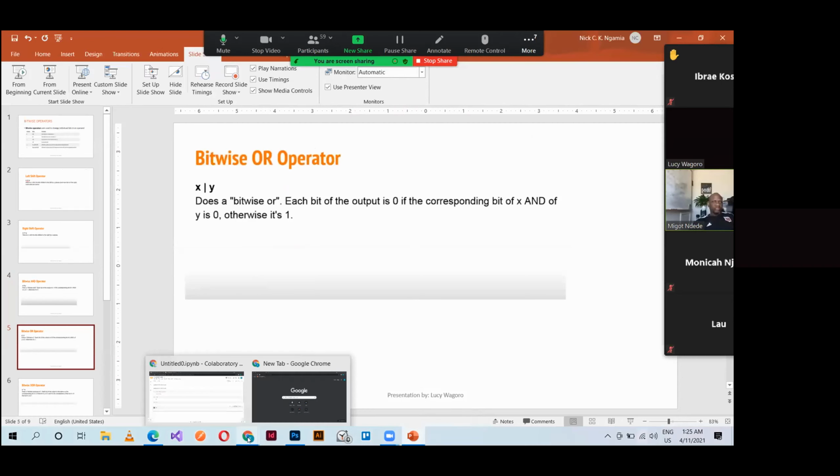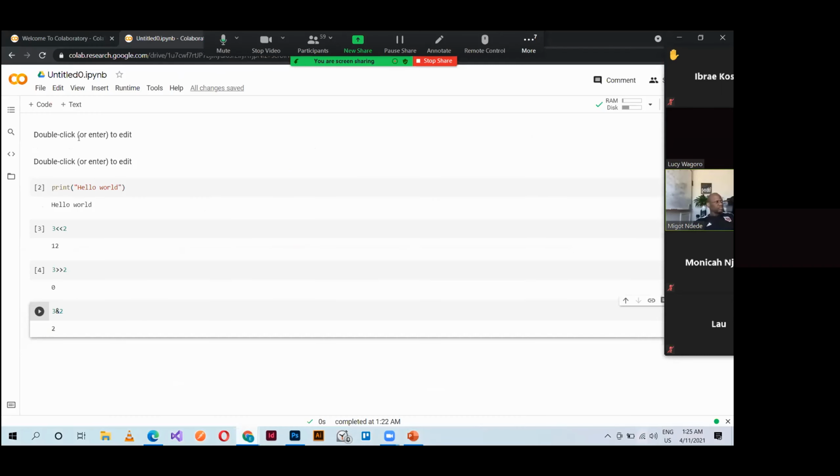Proving that on our Python, let me use this so that I don't go so down. So my OR, where are you? I'm looking for the backslash. I got it. So we are expecting a 3 and boom, it is a 3.